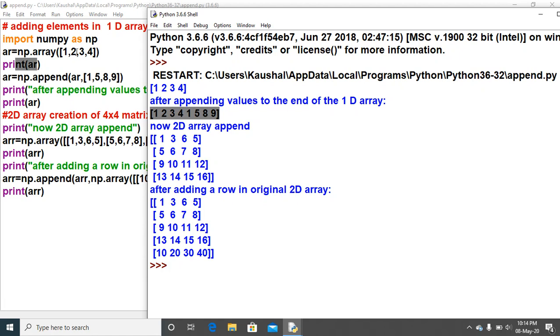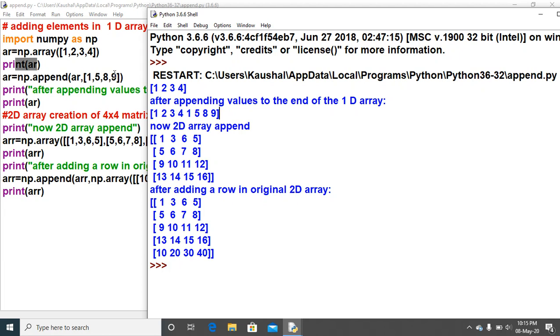All 4 elements are added at the end. So how to use the append function? In this way. Where to append, you write that very array name in which you want to add, and afterwards under the square brackets, this is how to add the elements into a 1D array.